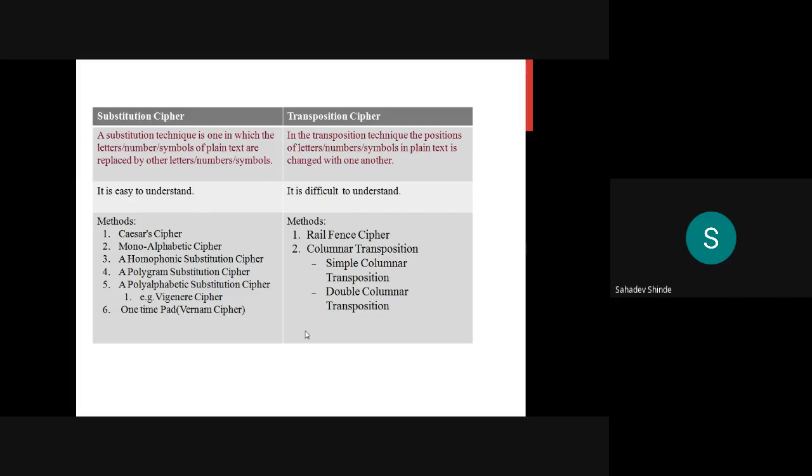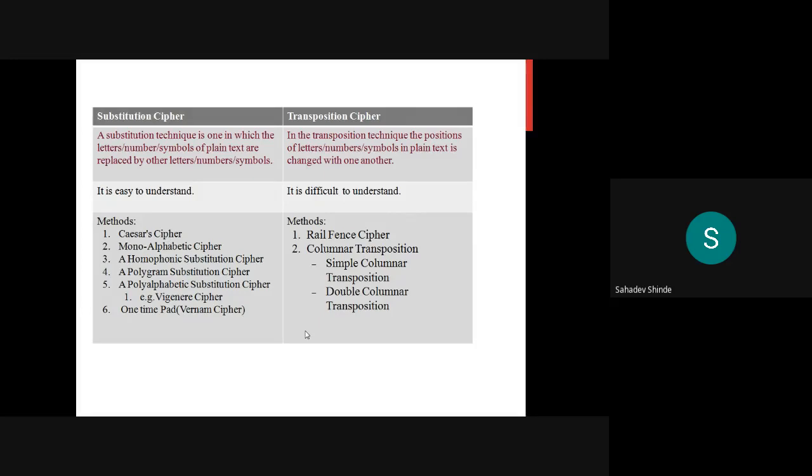This is called the transposition cipher. The substitution cipher is easy to understand; the transposition cipher is also very easy, but it is difficult to understand. The methods of the substitution cipher are the Caesar cipher, monoalphabetic cipher, homophonic substitution cipher, polygram substitution cipher, polyalphabetic cipher, and one-time pad.